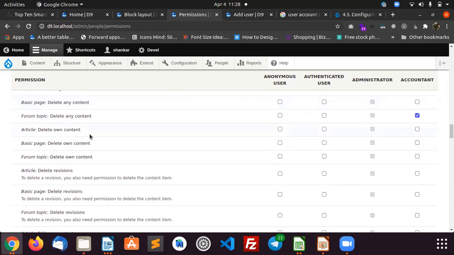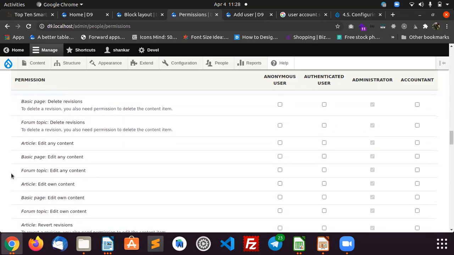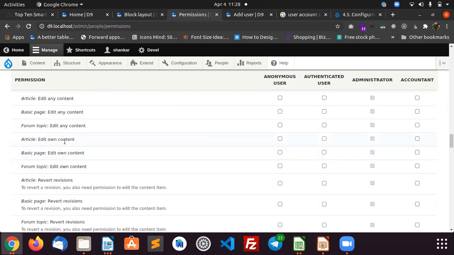This is the permissions page, with edit any content, edit own content. Some of the content you should restrict for some roles, right? Once the user account is generated, you can assign them any roles. Based on the roles, they have access to your Drupal application. If you want to enable some other permission level, you can create your custom permissions.